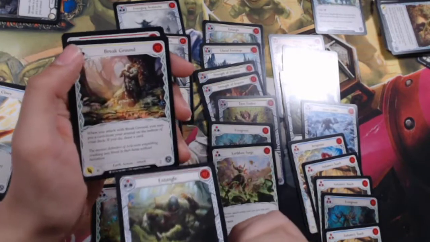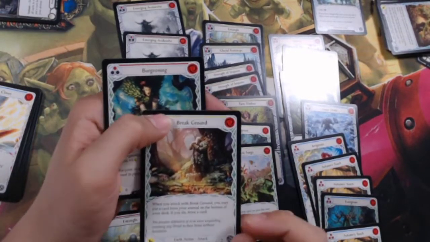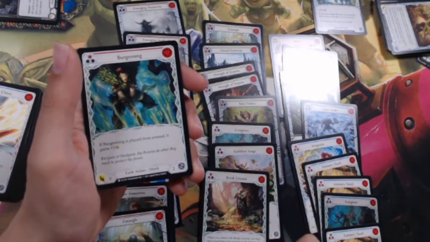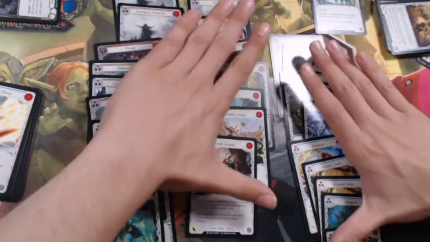Oh, another Guardian attack that I missed. Awesome, another Entangle. That's always great to see. Break Ground. You can get rid of your Arsenal card if you need to. And Burgundy. Alright, my Earth cards seem fine. A lot of heavy hitters here. Not much go again, though, so...